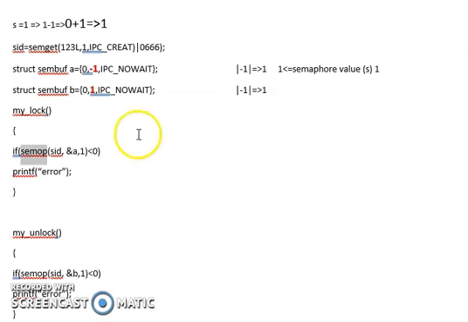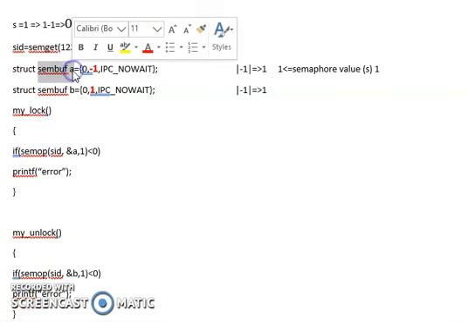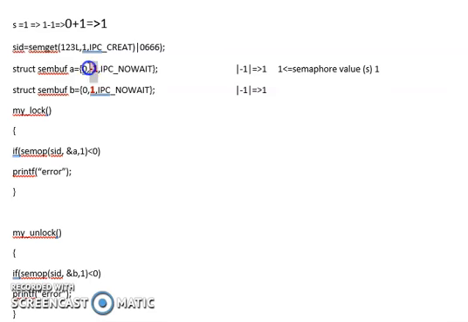So this is how the semaphore is used with the help of SimOP system call, taking help of the SimBuff structures, SimOP variable. Don't get confused between SimOP system call and Sim_OP variable here. This is a variable, this is a system call. Both have the same name. The difference is one has an underscore, the other does not. So this helps you allow only one process into critical section, stopping the rest.